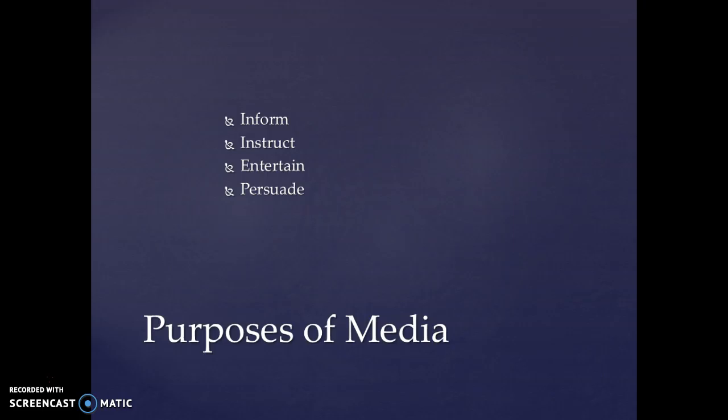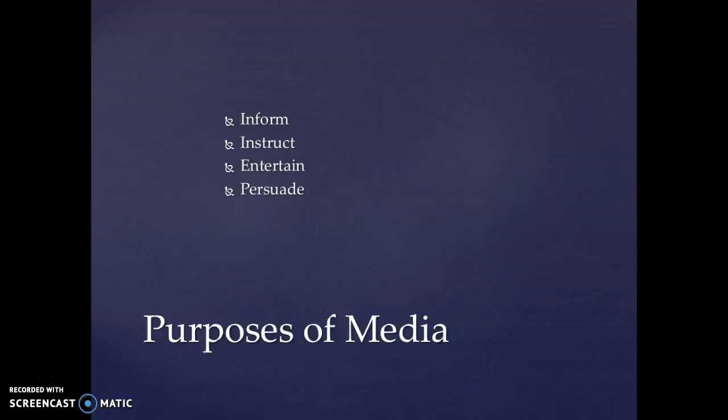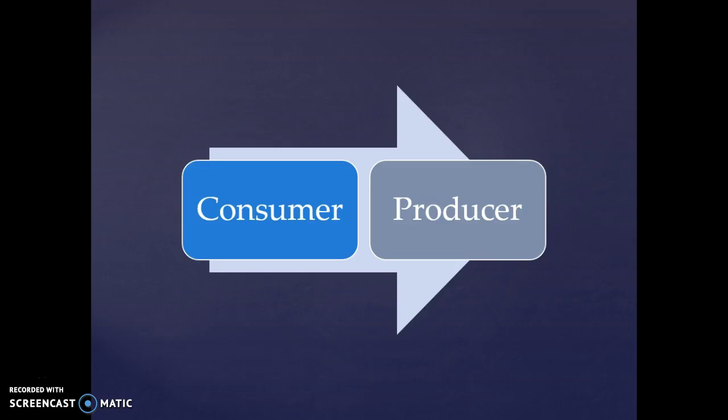To entertain, most media that I think we experience is in this category. It tries to entertain us. And then to persuade, the media that comes in advertising, for instance, is persuasive media. It tries to persuade us to spend money and to buy certain products or services. So all of these areas are purposes of media. I think, by the way, that the most noble one is to instruct and inform. The most important ones are to instruct and inform, to help us to learn more and to grow. And that's what we talked about in this class as well.